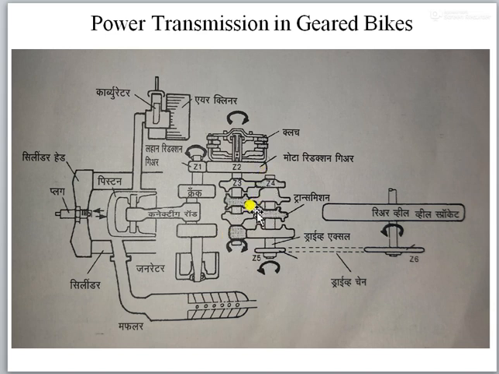If you have a look at the gearbox of four wheelers, in those cases we have three shafts: main shaft, lay shaft and the clutch shaft. Okay, here we have only two shafts, the clutch shaft and the drive shaft. So we can say that we have a clutch shaft and a main shaft, there is no lay shaft, which is present in a four wheeler gearbox. So this is our transmission system of geared vehicles in the case of two-wheeler geared vehicles. I hope you have understood the thing.